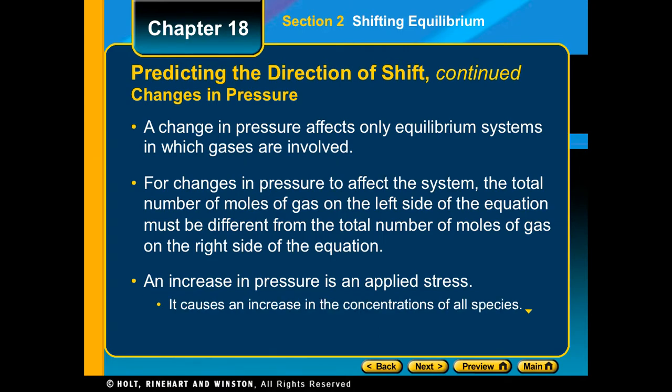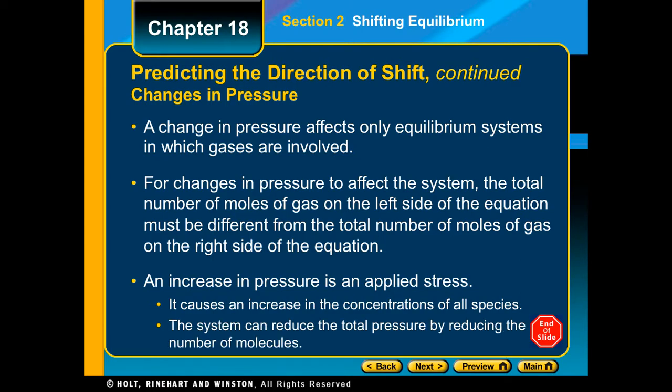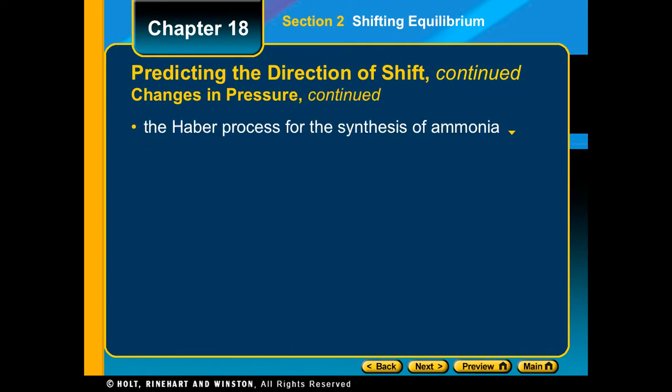It causes an increase in the concentration of all species. The system can reduce the total pressure by reducing the number of molecules, so the reaction shifts in a direction towards relieving the stress of increasing concentration, leading to the direction of the lower concentration part of the chemical equation. The Haber process for the synthesis of ammonia,